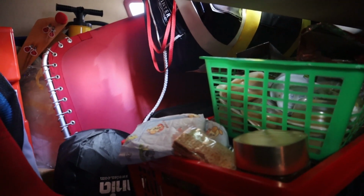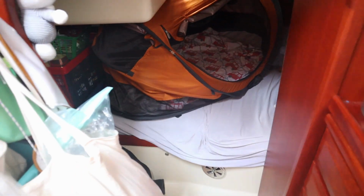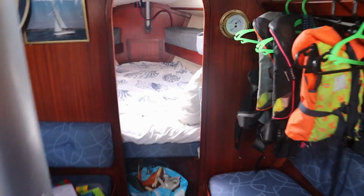On the other side of Lisa's room is our storage, and right now we are not sailing, so it's fully packed with everything. And we have the same locker over there, but it's a hanging closet and I really want to put shelves in there, so we are going to build that one day. And from the back we go to the peak,